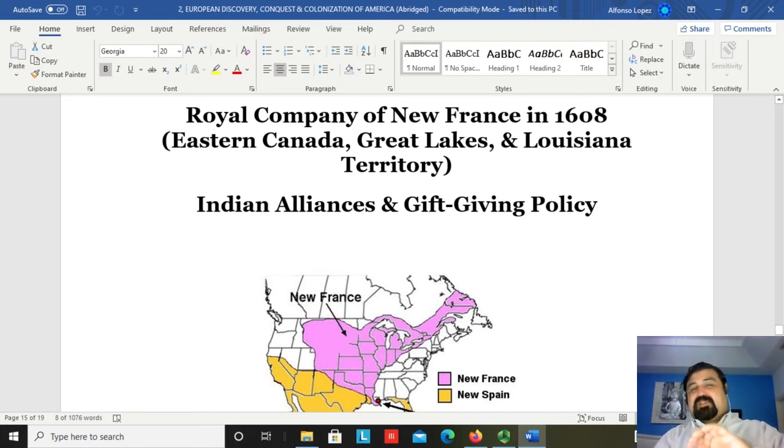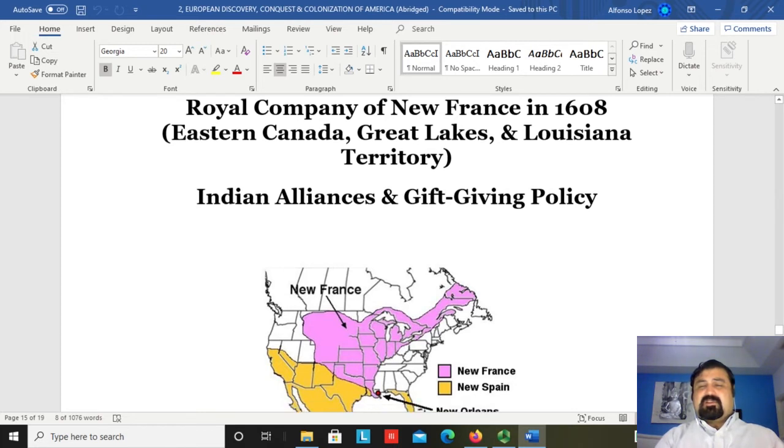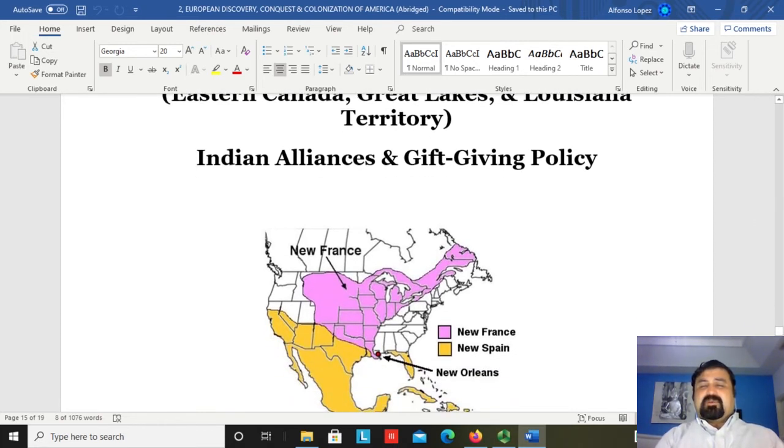But from 1608, as we move onwards across that century and beyond, the French are extending their territorial control, if you will, across the Great Lakes region, all of the Great Plains of North America, going all the way south to the Gulf of Mexico in what today is the Louisiana state, or the port of New Orleans. Again, they're going to actually create the port of New Orleans. So all this territory that you see here in blue